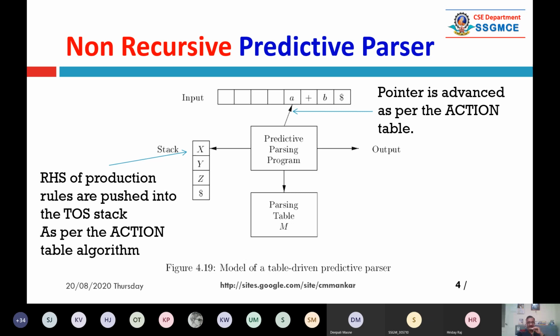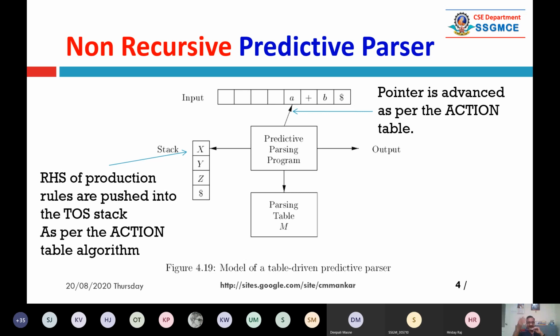Sometimes it may happen that we may just do the operation on the stack, but we are not advancing our pointer one place ahead in the buffer. It depends on the table. So here something is indicated like output. Output is nothing but the abstract representation of the tree.